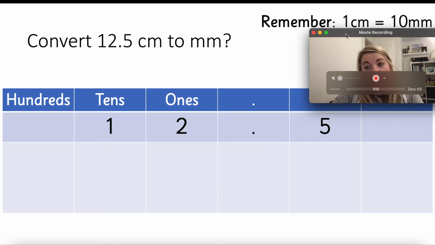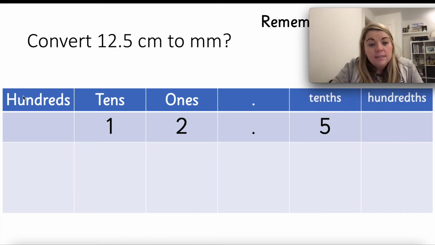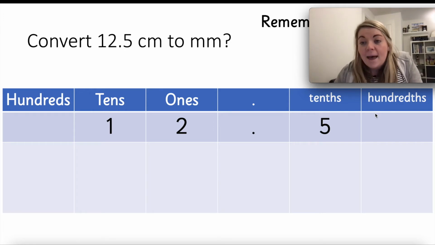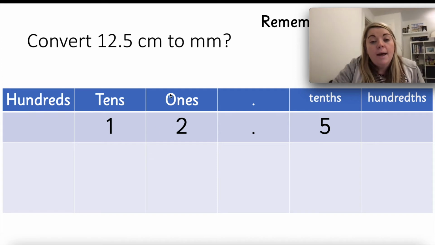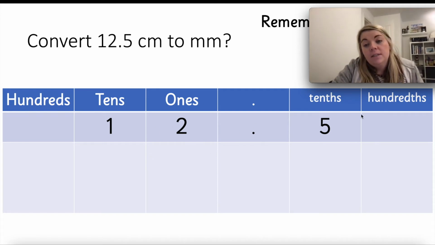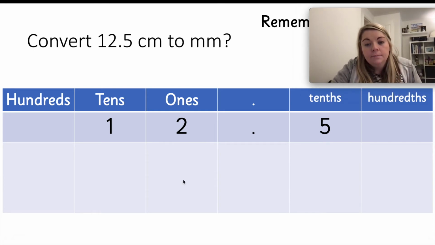So what I've done is I've used the place value grid. Now you all have a copy of a place value grid at the back of your paper pack folders, which might help you with this. And I've set out my centimetres into the correct columns. So my 12 is before my decimal point and my 5 is in the tenths column. Now if I'm converting to millimetres,